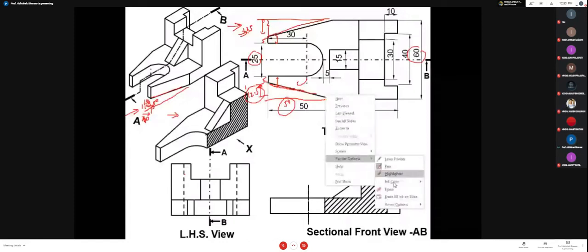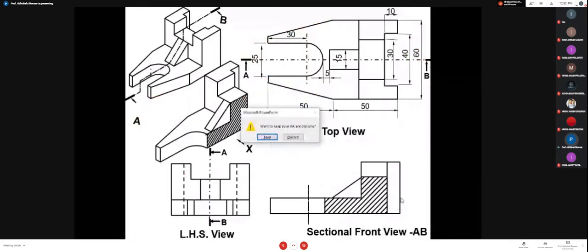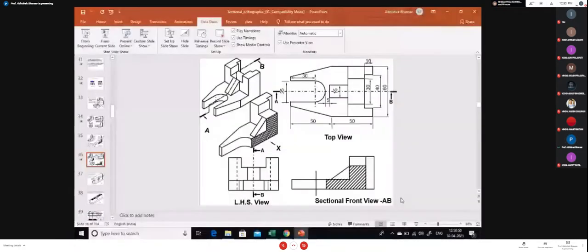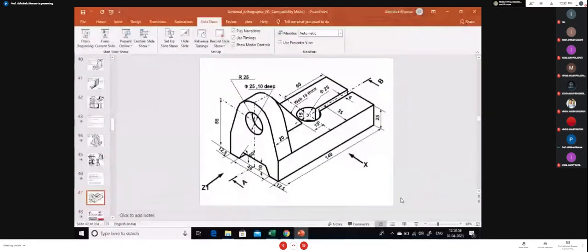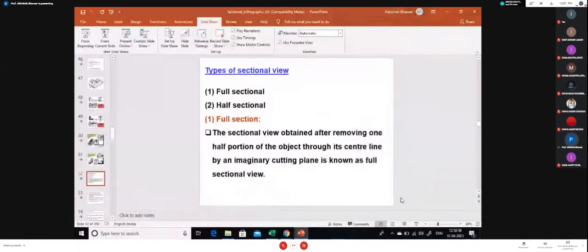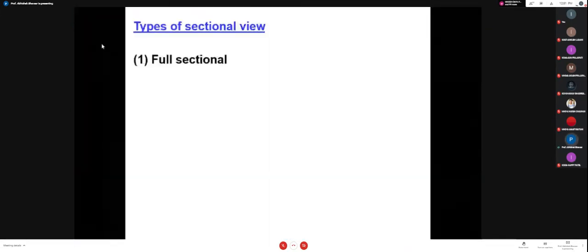Okay sir. Okay, so we are going to see a few more theoretical portions. Other problems will be covered in your lab sessions. If time permits, then I will take more problems as well. Before that, we are just going to see several theoretical portions. We are going to see the types of sectional views. Which are the types of sectional view? So far we have seen the sectional view that is known as the full sectional view, in which we had a full cutting line.